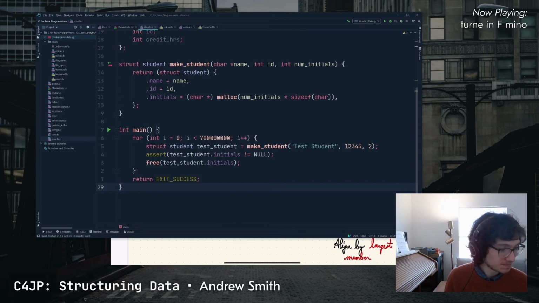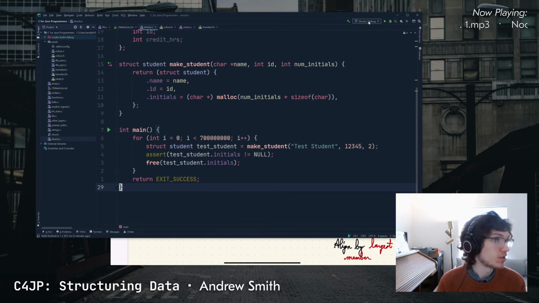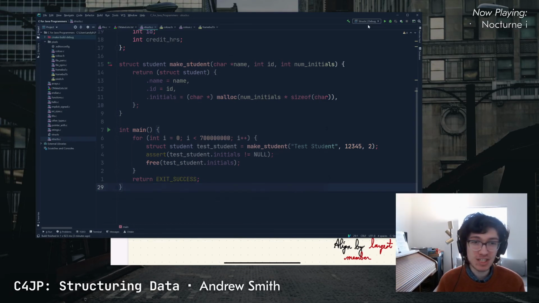And so, Prince Logic asks, how do you know how much space you're allowed? It's a good question. Your operating system will automatically allocate you a certain amount of space, and you can change that. So, for example, this is a debug build of this program, which means that we actually aren't allowed as much memory as we otherwise might be. If I compile this in release mode,